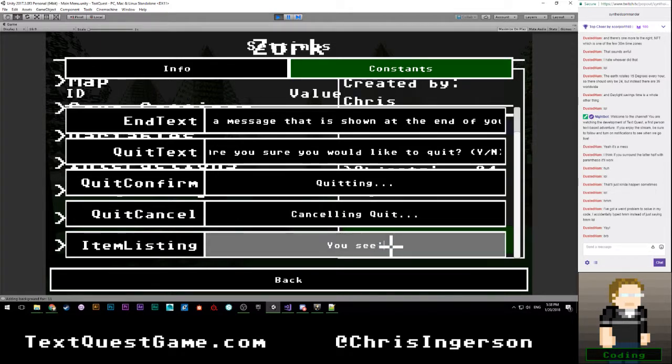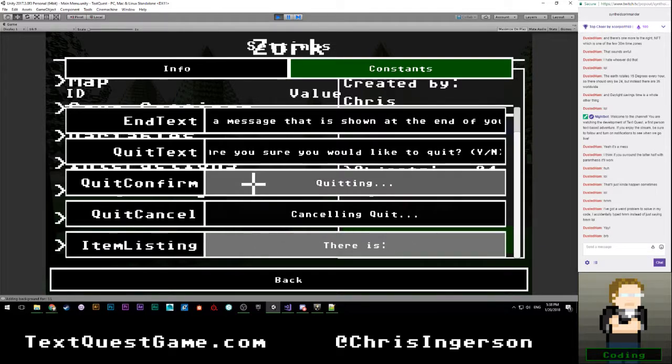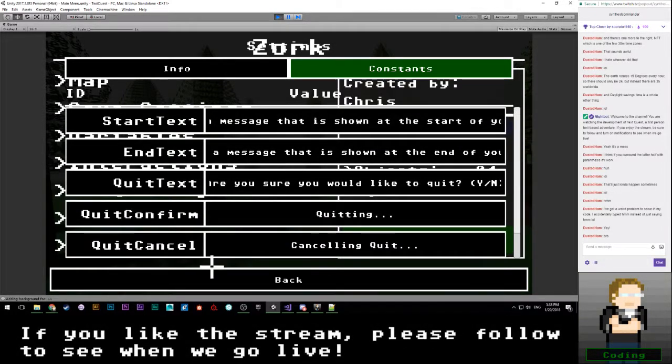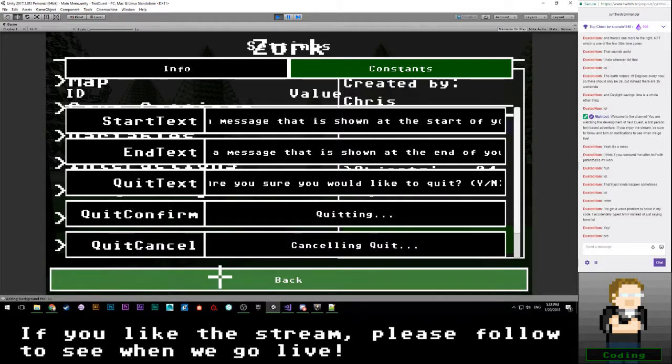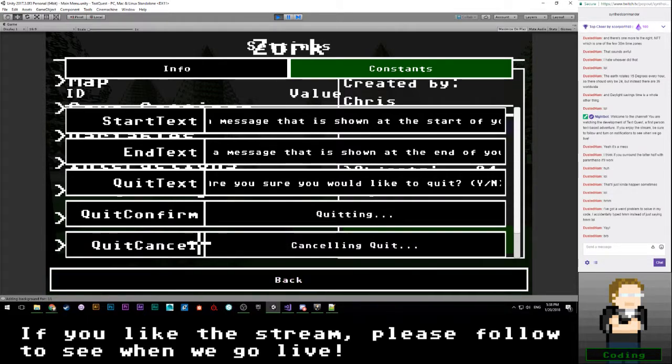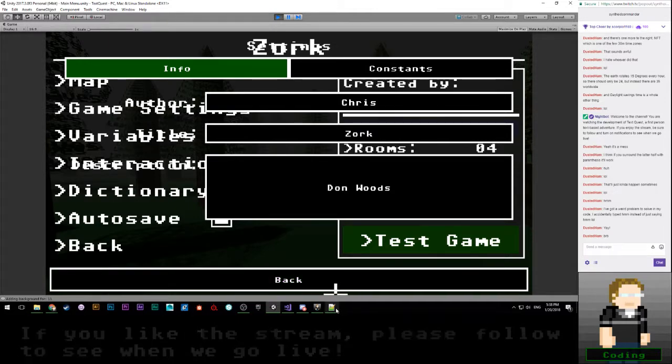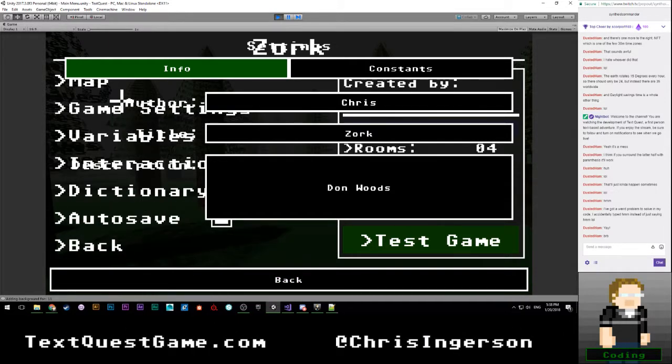So let's go ahead and change it to, there is. Now this won't actually reflect in our custom games yet, because we're going to need to set that logic up. But this should affect our save file, although actually it won't, because of that. Yeah, crap. This is gonna be fun. Can I somehow make this work? I totally can. This is gonna be weird. Let's see if I can get away with this.